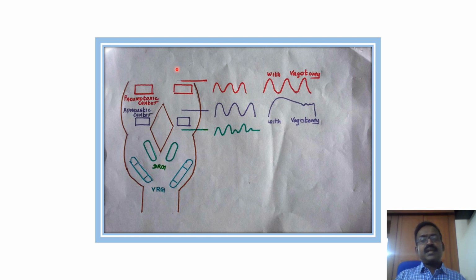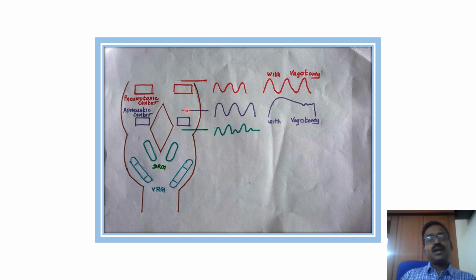This diagram shows the experimental evidence of lesions at different levels of the respiratory center. If the lesion is above the level of the pons, it produces a normal pattern of respiration. With vagotomy, it only increases the tidal volume of inspiration and expiration, so it increases the duration of inspiration and expiration.